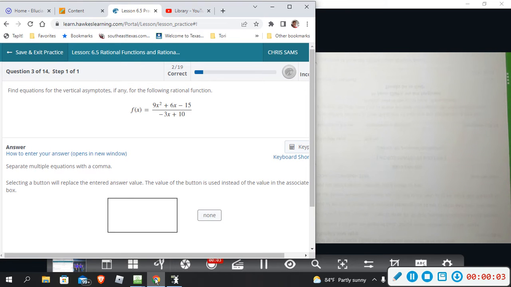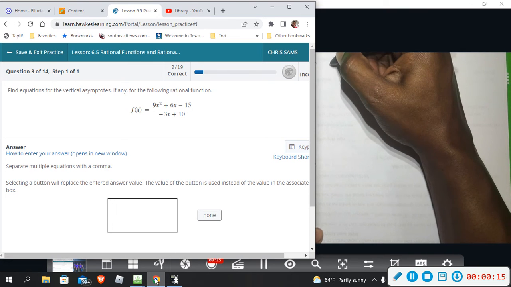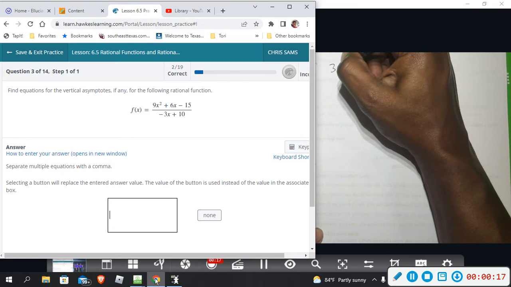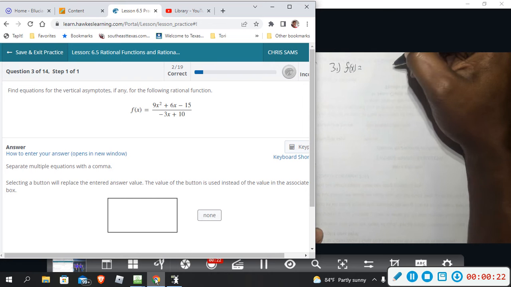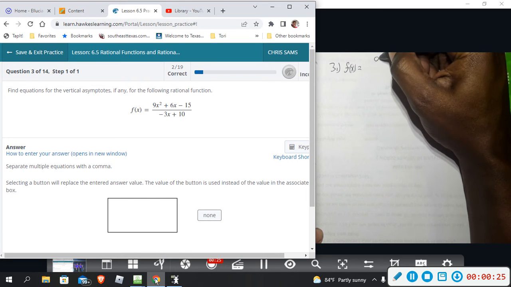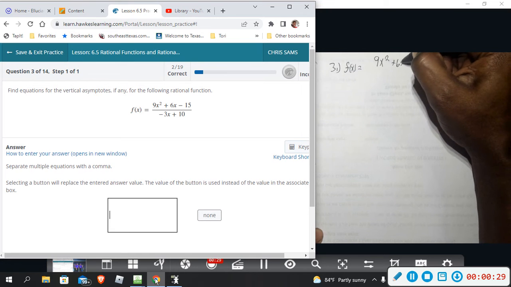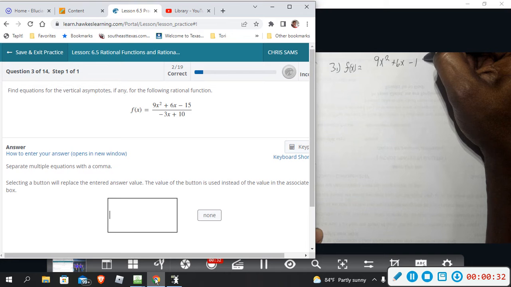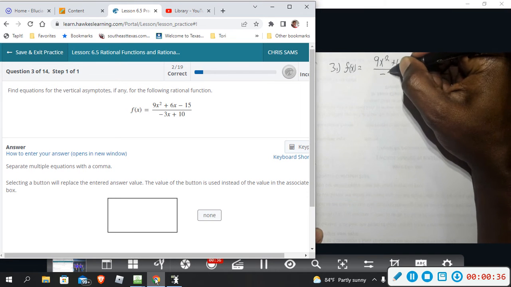Alright, number 3, we want to find vertical asymptotes, if any. So again, this time we'll just start out factoring the top first and making sure it doesn't factor out before we find the vertical asymptote. So we have f of x is equal to 9x squared plus 6x minus 15, and that is all over negative 3x